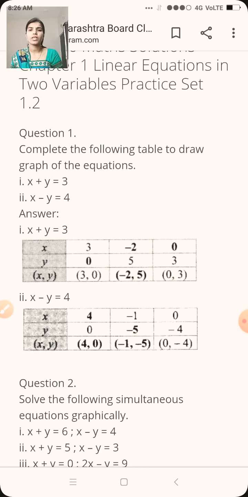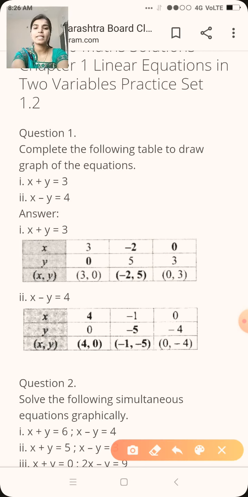Okay. So first equation is given to you, x plus y is equals to 3. So here some values are given, you want to find out the remaining values or you want to fill the table given below. Okay, so we will discuss our first table. In that first table, value of x is given to you, it is 3. Then you want to find out the value of y. Okay, then you put the value of x in our equation, x plus y is equals to 3. In that equation if you put the value, then you will get y is equals to 0. So your coordinate is become 3, 0.